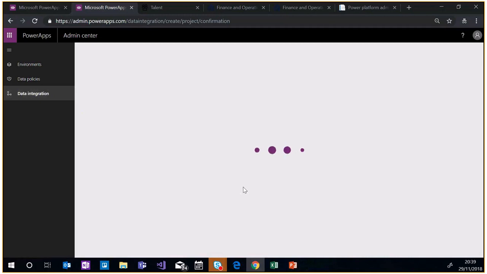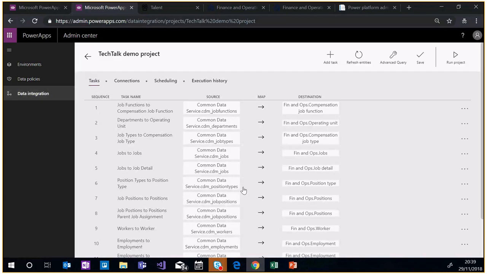Now this project is valid and ready to be executed, and once we run it, it will start moving the data across. I will not run this individual project in our demo because it will take around 30 minutes to finish and we don't have that time. But I will take you through the basics, and I will run another project which I've already prepared ahead of time. So in this project, the first thing you will see is the list of tasks,